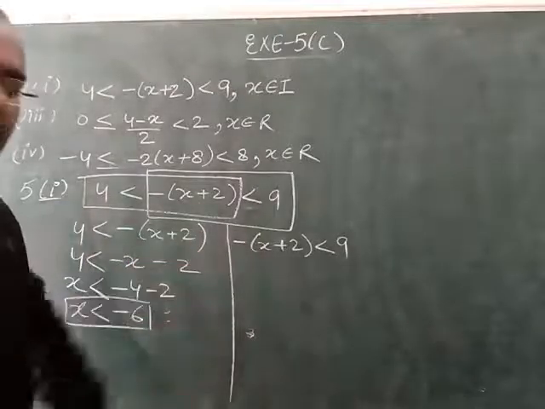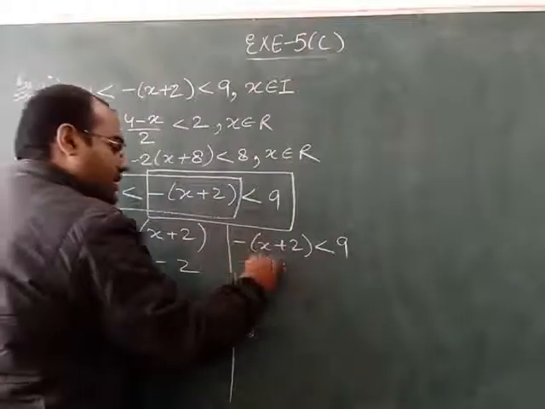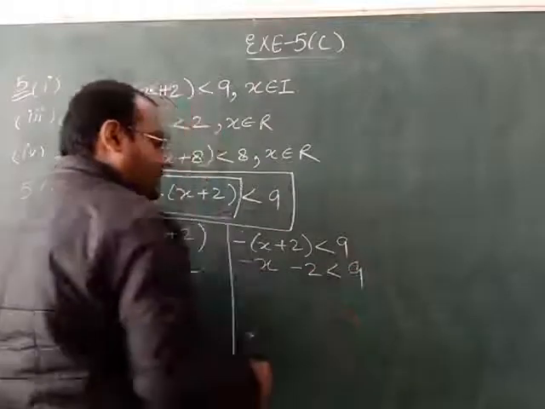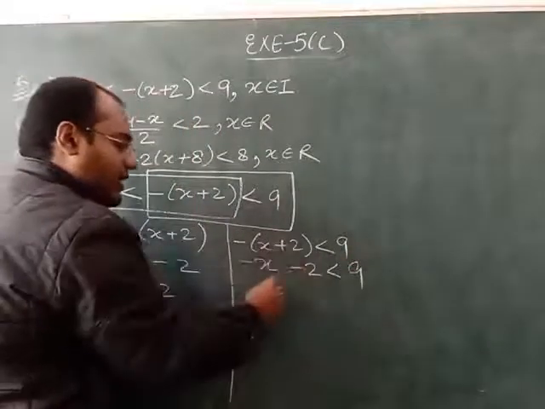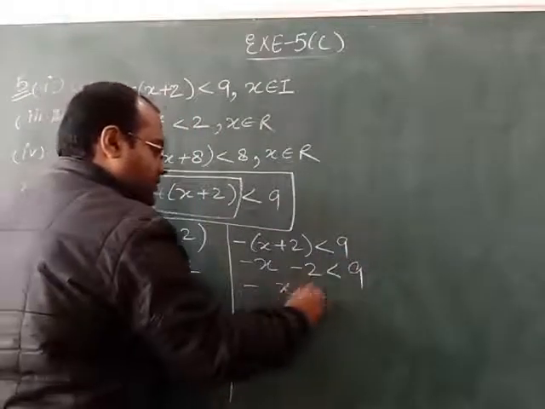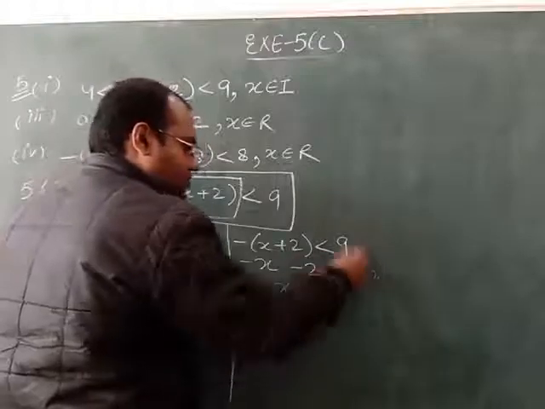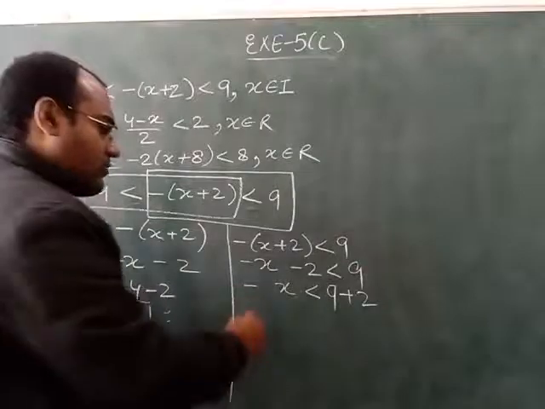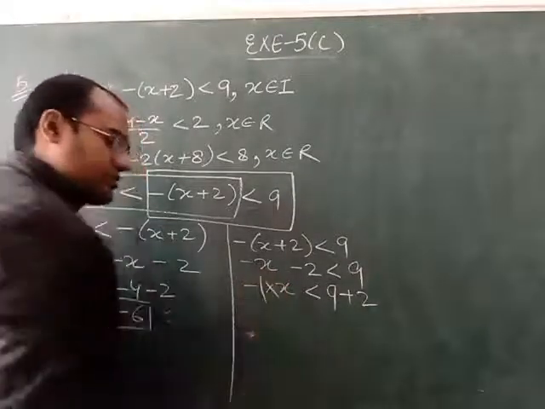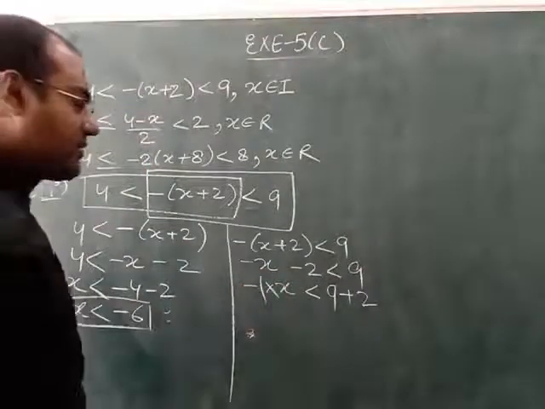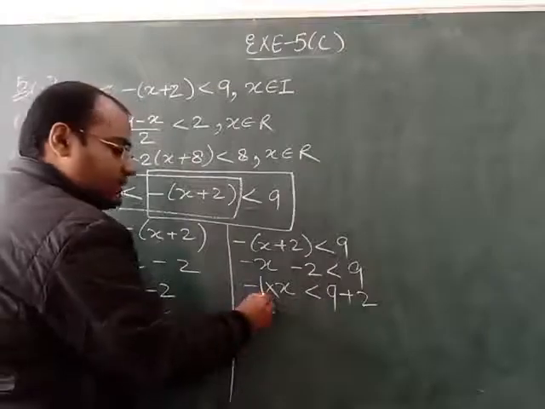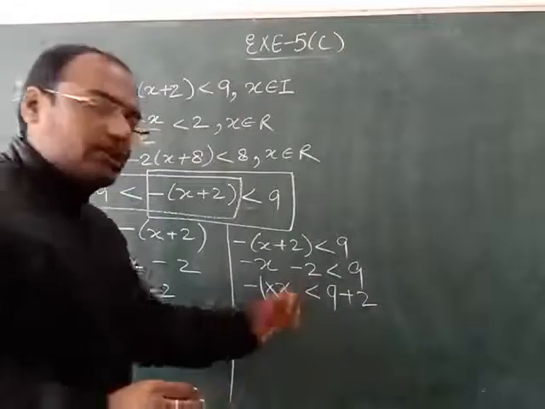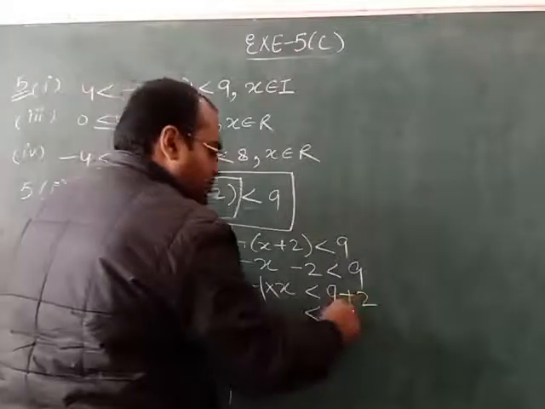Now we will come to this part. Minus x minus 2 less than 9. Minus 2 we will bring on the right hand. So minus x less than 9 plus 2. Here with x no number is written, so we will take 1, and in between no sign is coming, so we will take the multiply sign. Now this minus 1 is in multiply; on the right hand side it will come in divide. But before that we will add them: 9 plus 2 is 11.